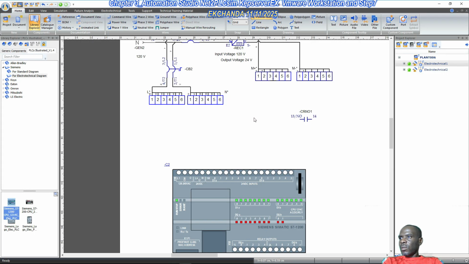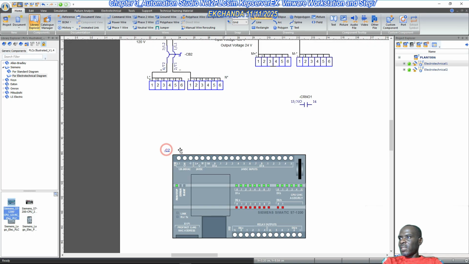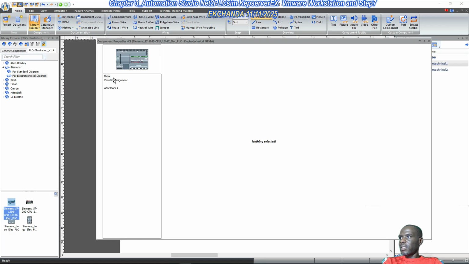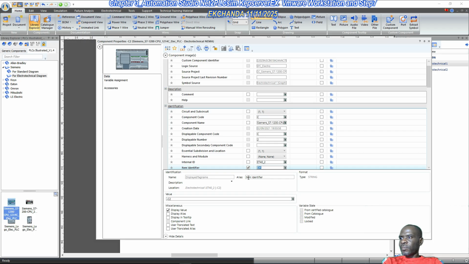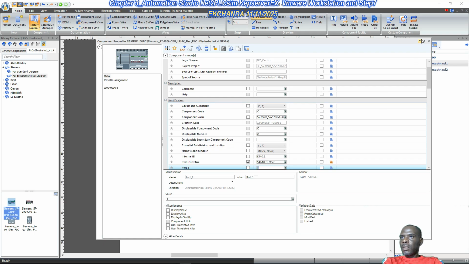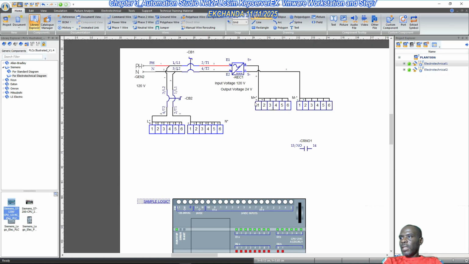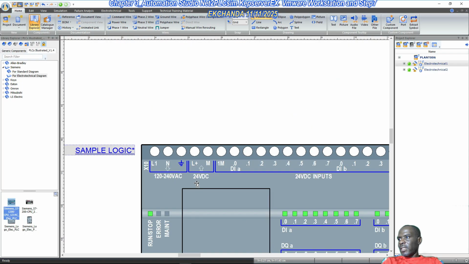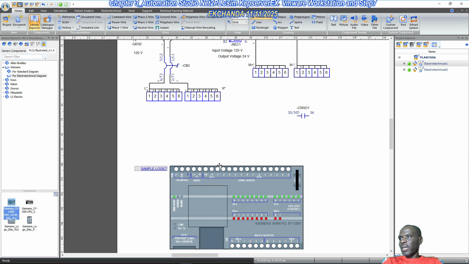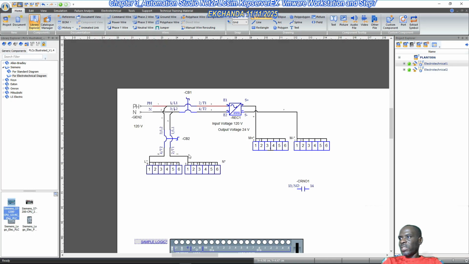Okay, so the whole point is now we have this PLC, so we can even rename the PLC to sample logic. Okay, that's what we're going to call this PLC, just sample logic. Now I know if you look at this, the PLC is supposed to be powered by 120 volts AC, and the inputs are going to need like 24 volts DC,